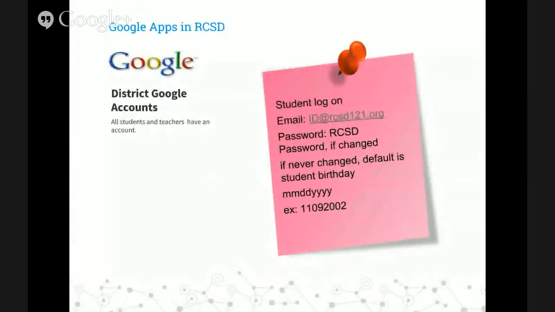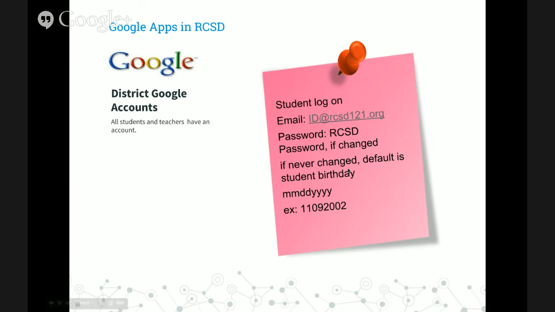Now, your students also have Google accounts, and that is their full ID at rcsd121.org. Their password is their district password.